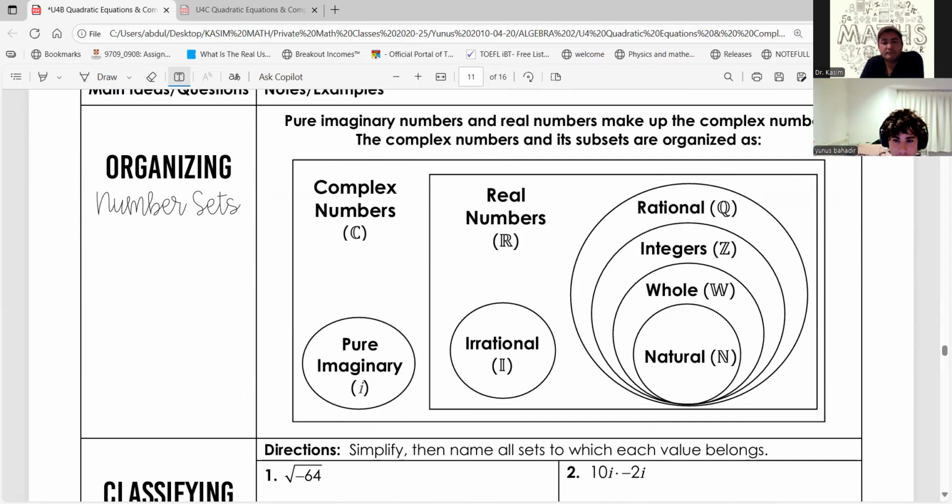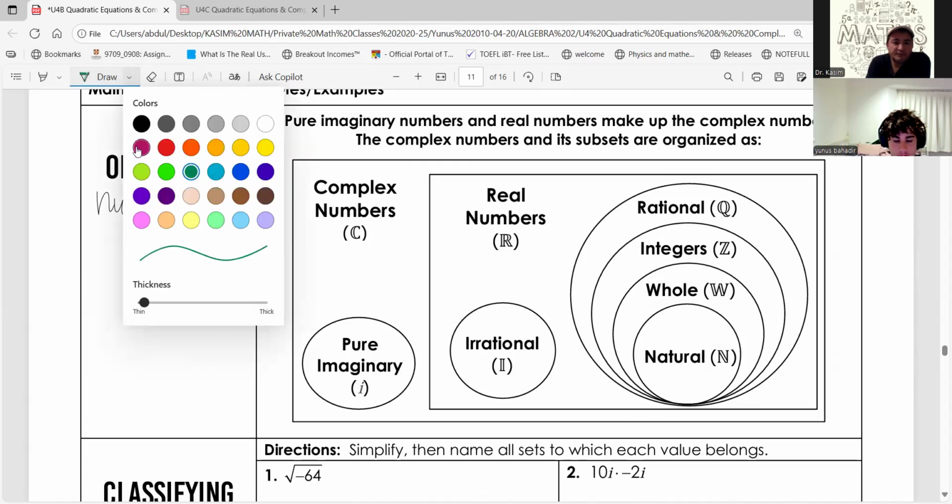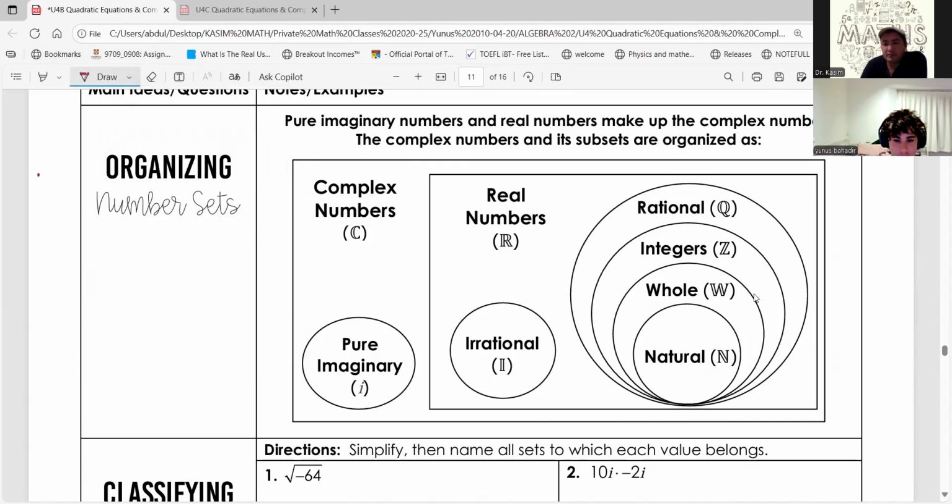Imaginary numbers and real numbers make up the complex numbers. The complex numbers and its subsets are organized as you see in the big triangle. We have complex numbers because real numbers live inside the complex number system. So if you look at this, we start with